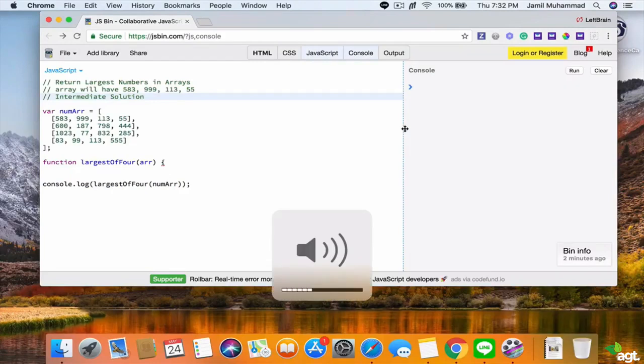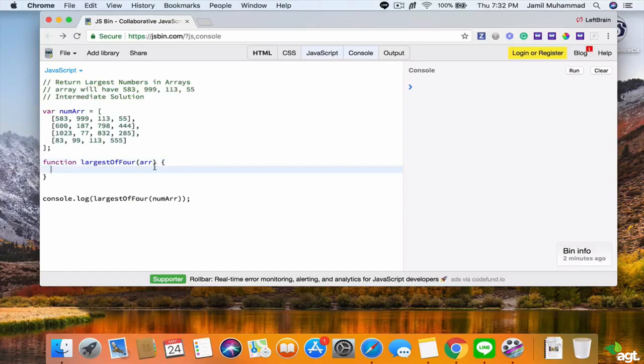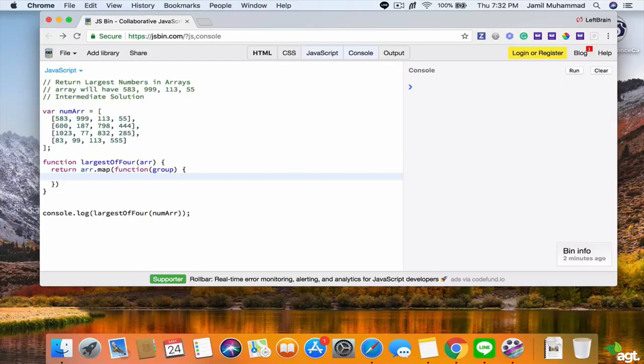So within our intermediate approach, within our function largestOf4, we're going to type the return keyword and then array.map, and then we're going to have function(group), and then we're going to use the return keyword again, group.reduce(function